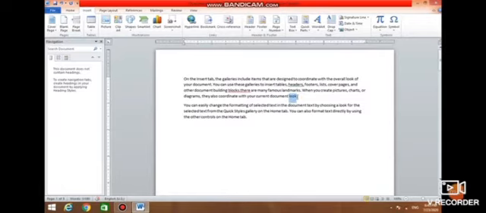Selection from the current position to the end of the line. Suppose you are at the starting of the line, then hold down the Shift key, then press the End key. If you are at the end of the line and you want to select the complete line, then Shift plus Home key. Selection from the current position to the end of the paragraph: Shift plus Control plus down arrow.